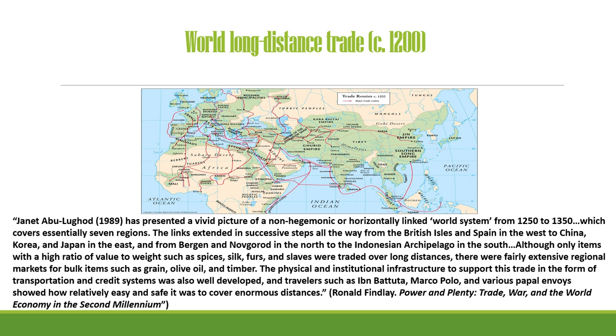World long distance trade, circa, that's what the C stands for, about 1200. So you see a map here that does not include the Western Hemisphere, North and South America, and that's because no one that lived in this part of the globe you see on the map knew it even existed yet. So the Western Hemisphere had not been linked through any kind of cultural connection yet. That doesn't come until the voyages of Columbus and other Europeans that followed.